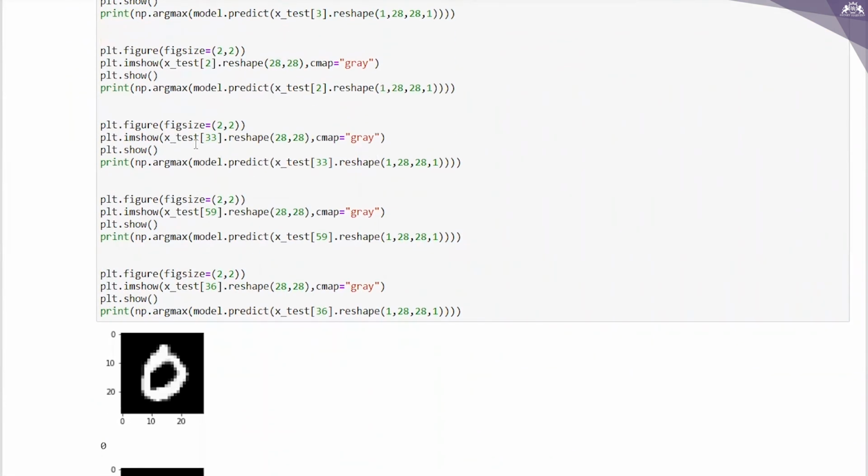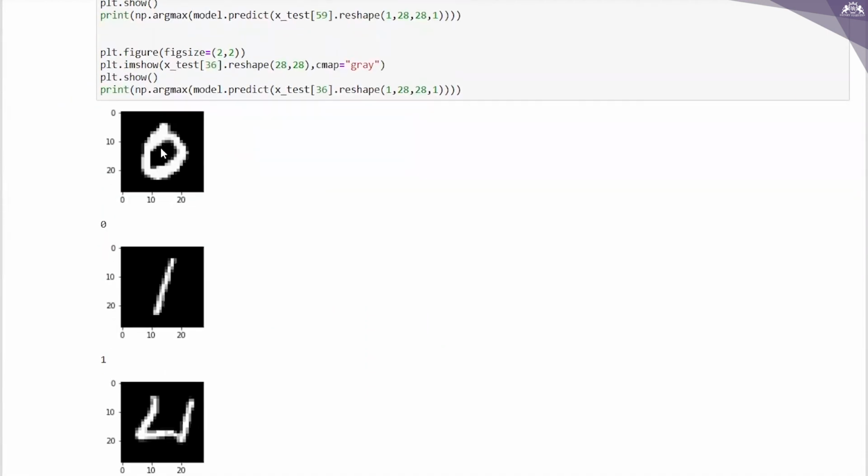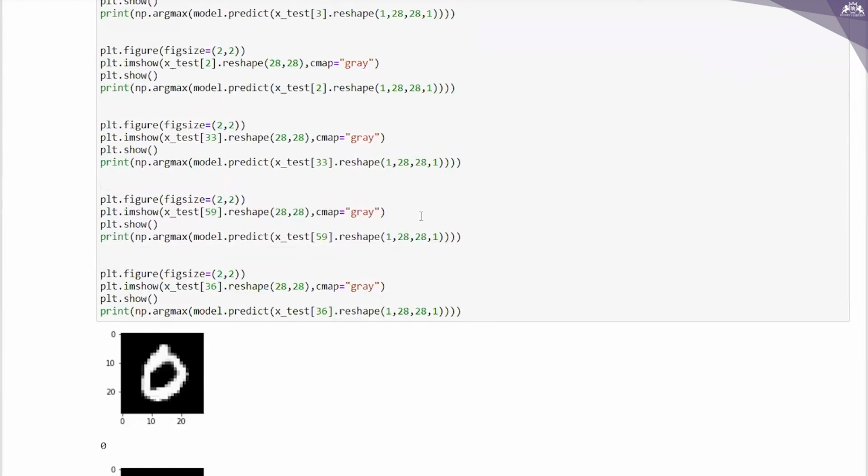And in every place you can see some argmax also, right? Okay, so this is how the output looks. See, this is looking like 0. And here you can see the label also. 1 and 1, 4 and 4, 5 and 5, 7 and 7, right? 7 and 7. So this is how the output looks, right?